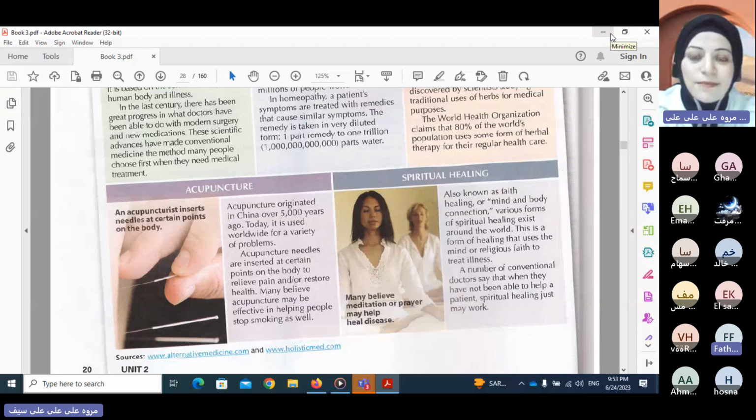Thank you. It's my pleasure to be among you. Acupuncture, it's very old. It started 5,000 years ago, but it's also still used today, and a lot of people think that it's very effective. Relating to what it can cure, they think that it can get rid of pain or also restore the health of the patients.